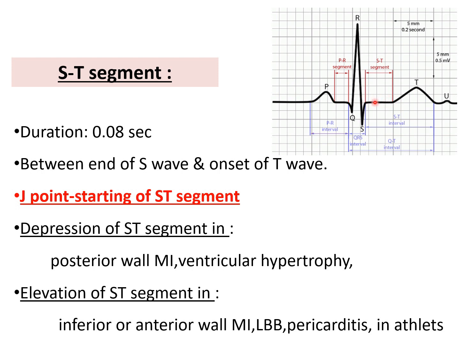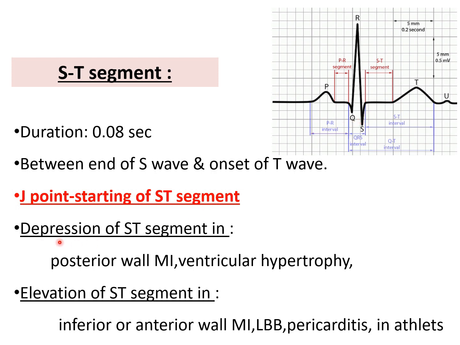Before going to the ST segment, you should know what the J point is. That is very important. The J point is the beginning point of the ST segment, that means the termination of the S wave and the beginning of the ST segment. Why are we worrying about the J point? Because if the J point is above the baseline or isoelectric line, the straight line, you can consider the PR segment or even the TP segment as the isoelectric line, that is ST segment elevation. And if the J point is below the isoelectric line, that is ST segment depression.